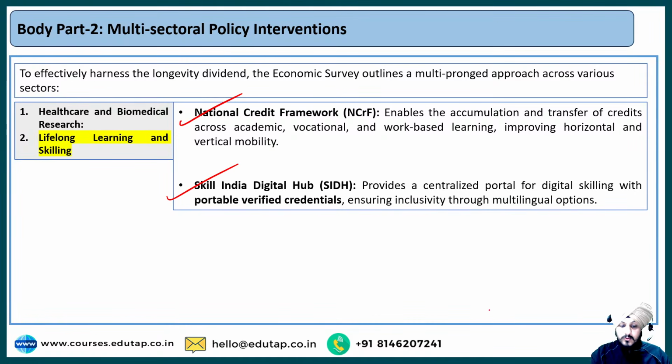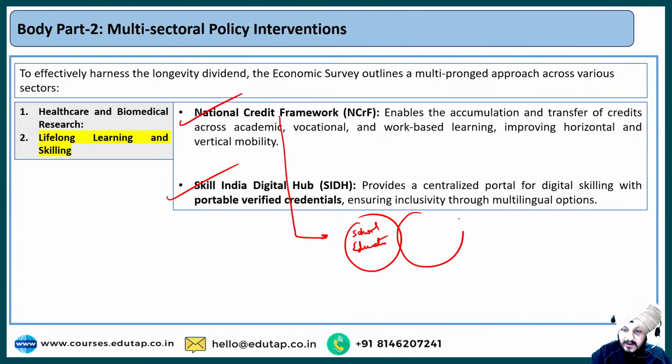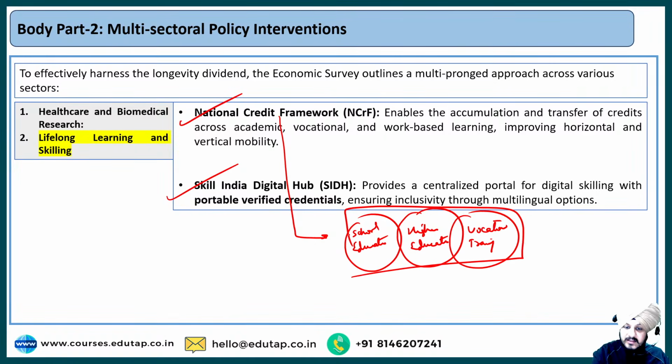You can understand the National Credit Framework like this: it integrates school education, higher education, and apart from that, vocational training also, right? And this is, I would say, the best part about this NCRF framework,